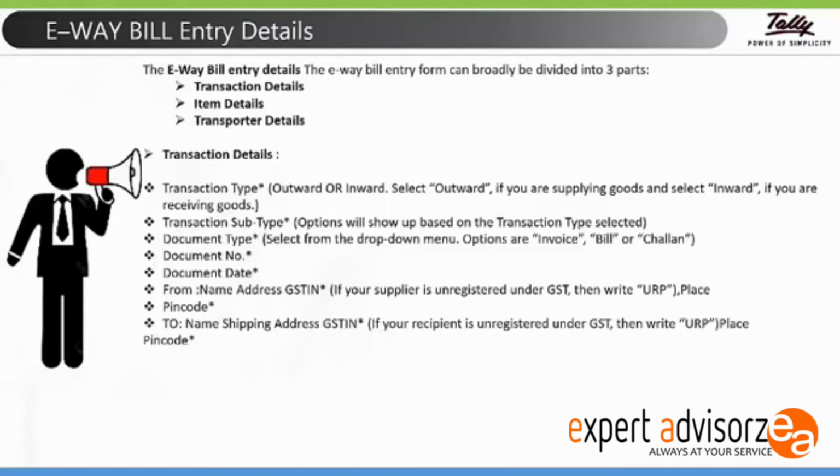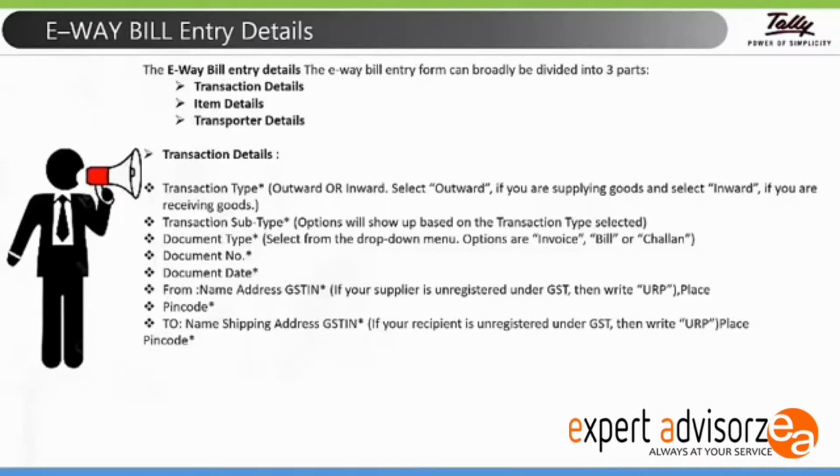Transaction subtype: the reason or the basis on which these goods are being transported has to be selected. The reason for which the goods are transported could be for supply, for own use, or you could be exporting, or it could be for a job worker and so on. So this is required to select. Document type: what documents are you sending along with the transporting of the goods? Is it a direct invoice, or just a bill of supply where tax implication is not there, or just delivering the goods with a delivery challan and so on?